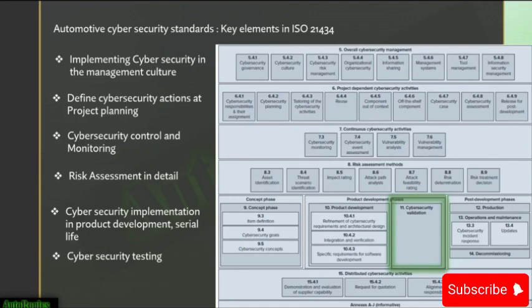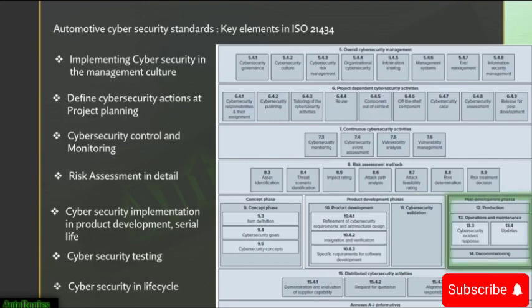Validation activities must be performed to confirm the adequacy of cybersecurity goals, and the completeness, consistency, correctness, and adequacy of the item and cybersecurity requirements on the operational environment. The cybersecurity goals of an item have been achieved, along with the validity of cybersecurity claims if applicable.